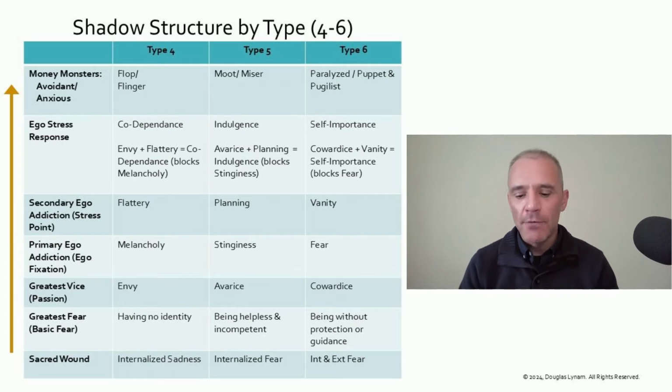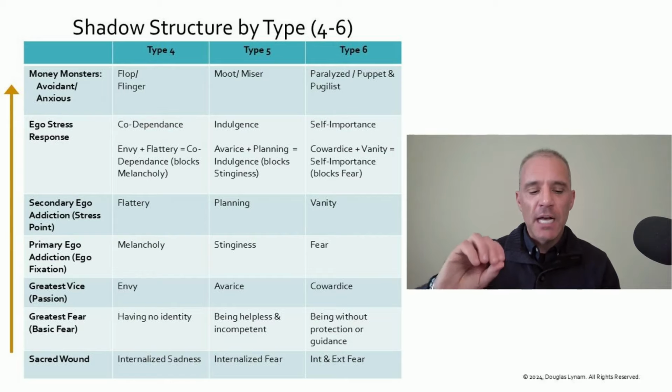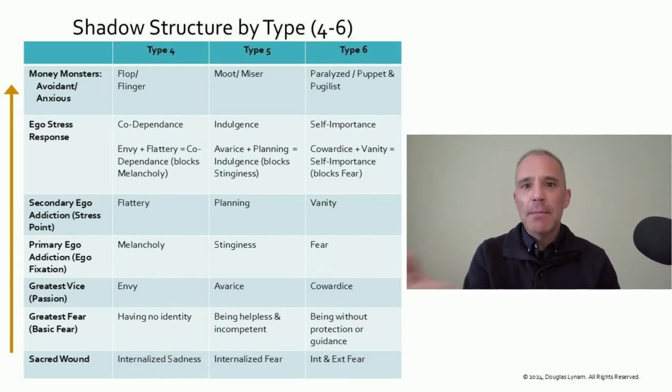Jumping over to type 5. All right, 5, we've got the internalized fear for a 5, which then creates their greatest fear of being helpless or incompetent. And what that means is they then adopt a greatest vice of avarice. And that means they're always trying to get more. They're sort of like a black hole. They pull things in, but don't let a lot out. Meaning they're pulling in ideas, they're pulling in resources, they're not letting out a lot of their feelings, a lot of their emotions,